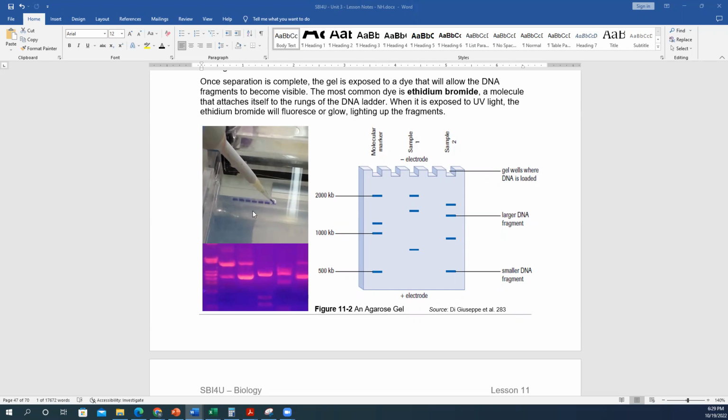And the larger fragments will get hindered, held behind somewhat, and run slower. So in this way, you will get this separation of the DNA fragments based on their size, with the smaller fragments moving faster, so moving further ahead, and then the larger fragments that, given the same time, will have moved